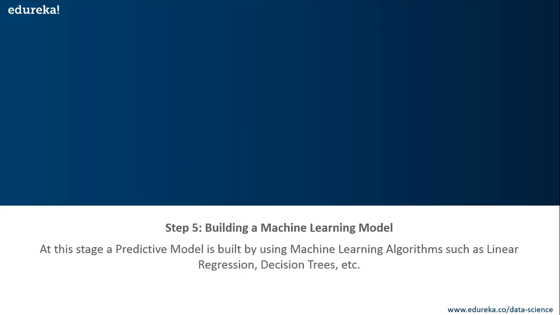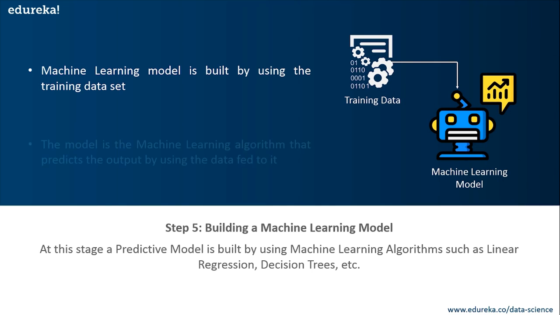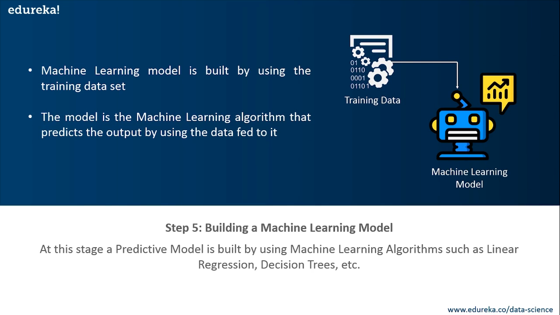Now, this stage is followed by stage number 5, which is building a machine learning model. So all the insights and the patterns that you derive during data exploration are used to build the machine learning model. This stage always begins by splitting the data set into two parts, training data and the testing data. Earlier in this session, I already told you what training and testing data is. Now the training data will be used to build and analyze the model, and the logic of the model will be based on the machine learning algorithm that is being implemented.